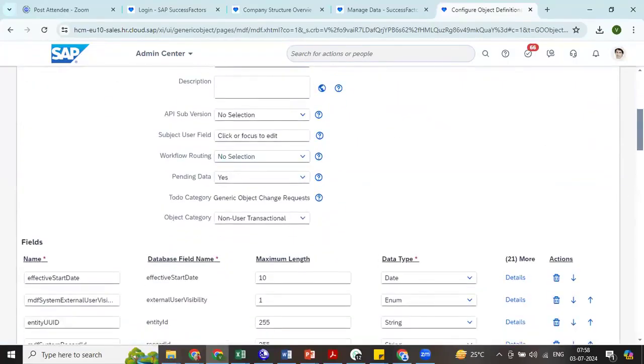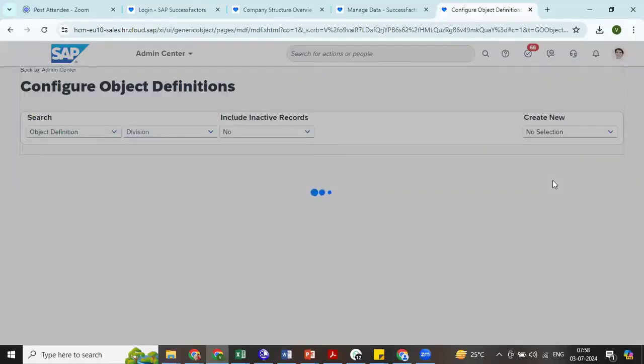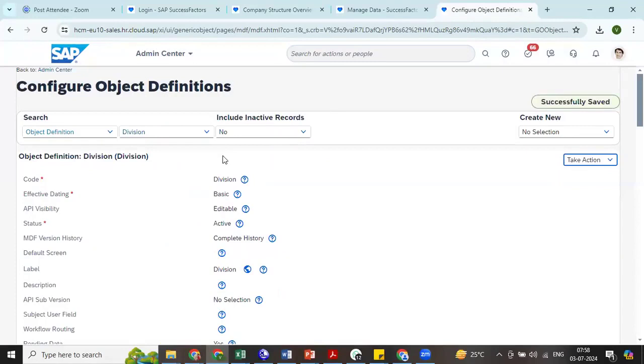The workflow which is created here, I'll just remove it. Okay, so